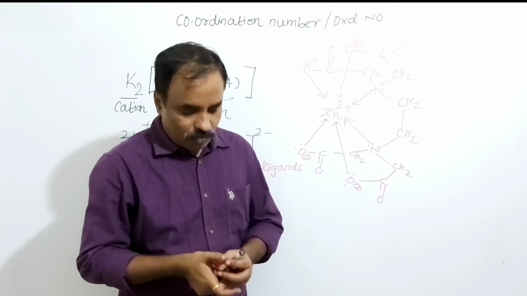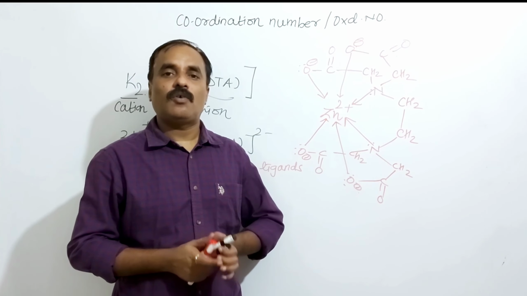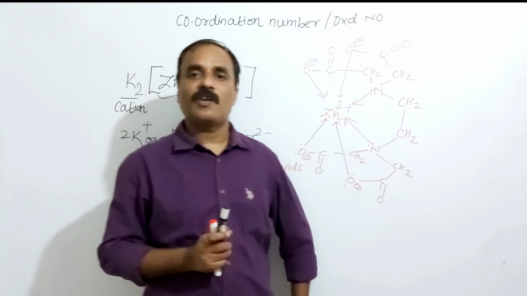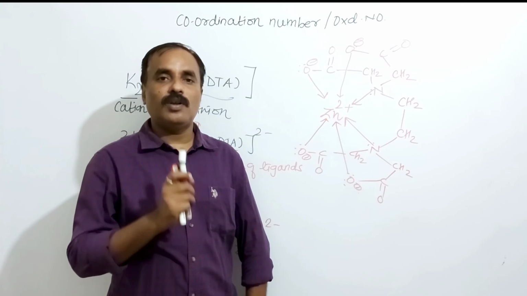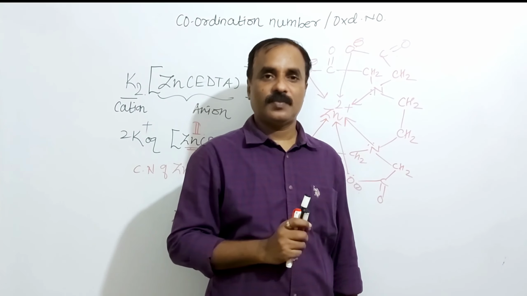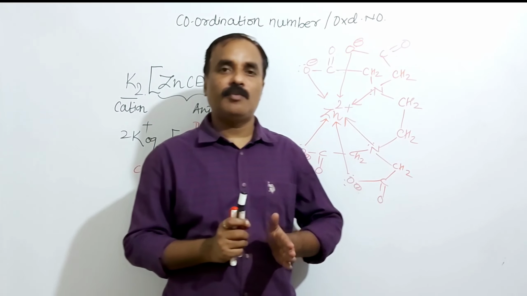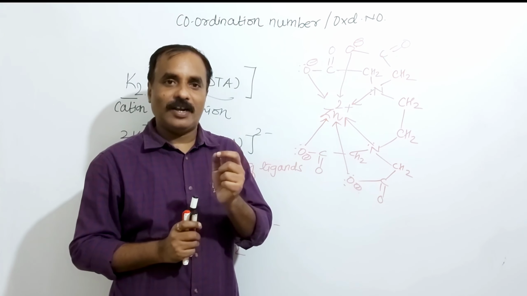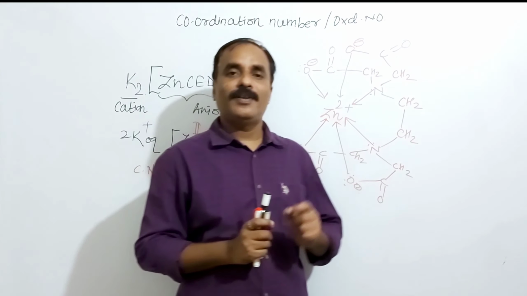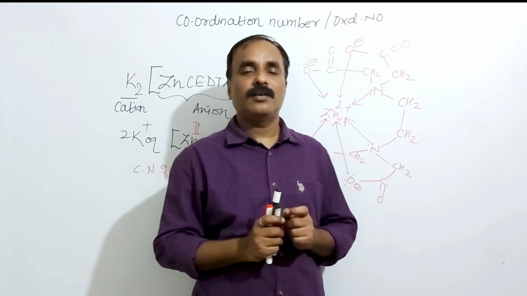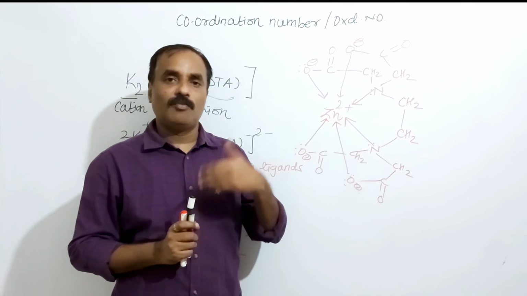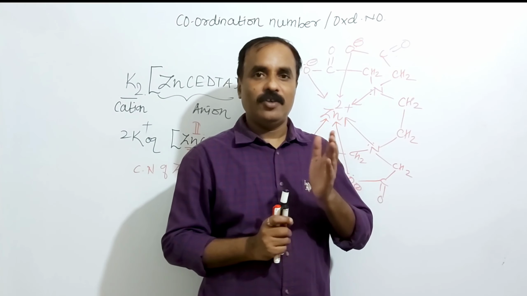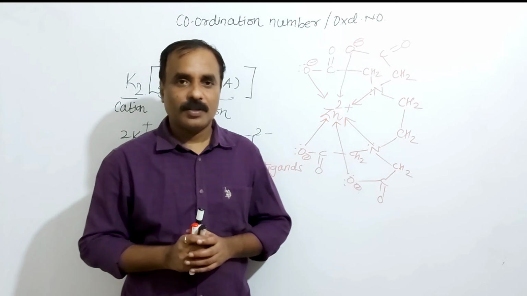So, by using this method, we can find out the coordination number and oxidation number of a metal or metal ion. Coordination number is equal to the number of coordinate bonds. And to calculate the oxidation number, we must know the type of ligand on the basis of charge, whether a positive ligand, negative ligand, etc. We'll see some more examples during IUPAC nomenclature.